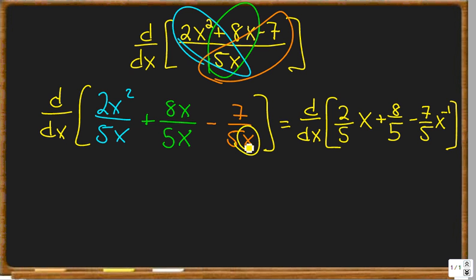Now, anytime you divide just by an x, it's the negative version of whatever power it has. So if you divide by x to the first, it's the same as multiplying by x to the negative first. And then from here we can just do the power rule, and we would get 2/5 plus 0, because the derivative of 8/5 is 0. And then we would get a positive 7/5